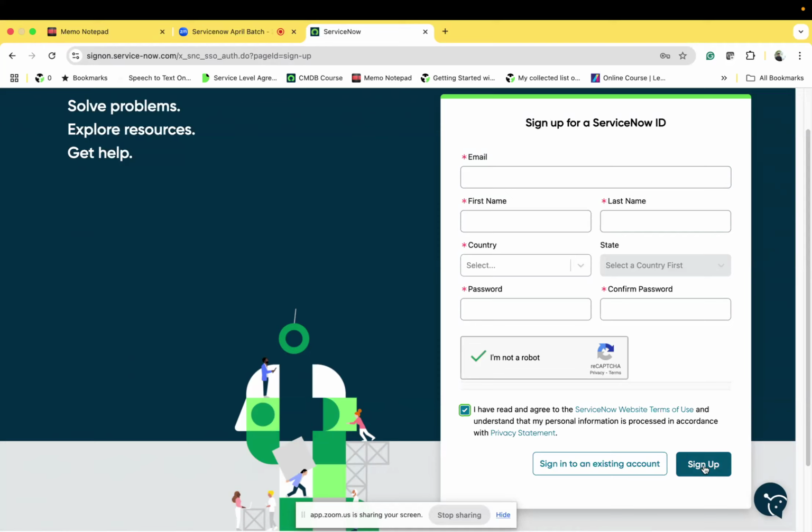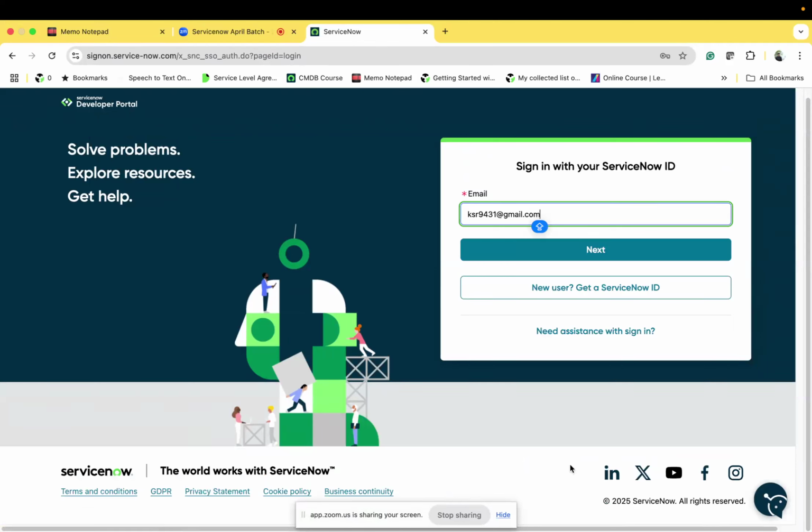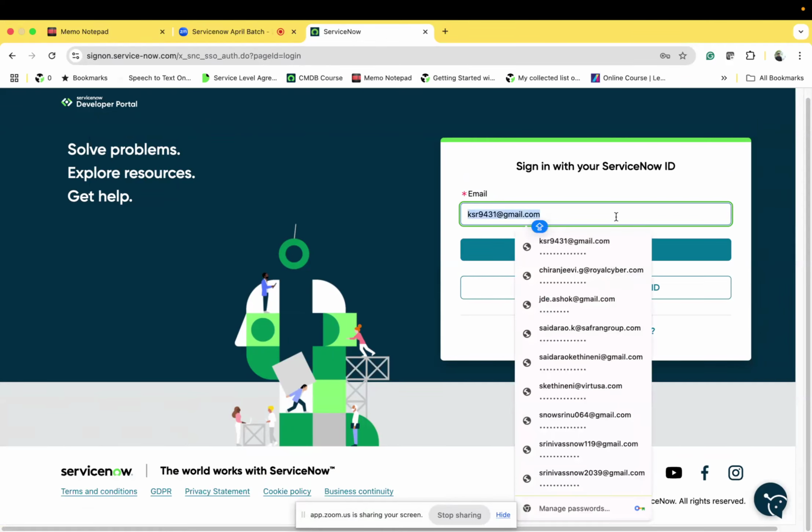Then you will receive an email to your Gmail with the activation link. Whatever email you have provided, you will receive an email for that one. Once you have activated that email, then you can go and sign in to the existing account. Then your account will be created. Once your account is created, then